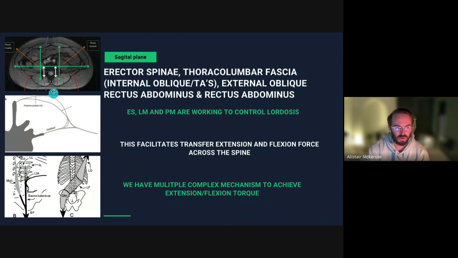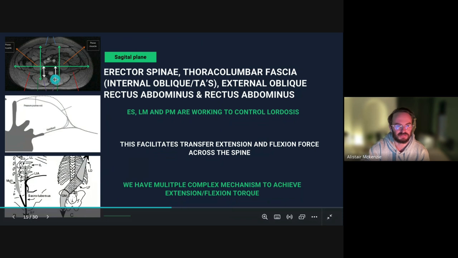If we look laterally, we also have this thoracolumbar fascia that encases the erector spinae and multifidus in this tight kind of aponeurosis that then slithers off and attaches to the internal oblique and the transverse abs. So if there's a contraction of the transverse abs and the obliques, it's going to pull this way and pull the aponeurosis in. If there's likewise a contraction of the multifidus, or the muscle within that space pushing out, it's going to accelerate and amplify the extension torque. So we can't just simply look at extension flexion